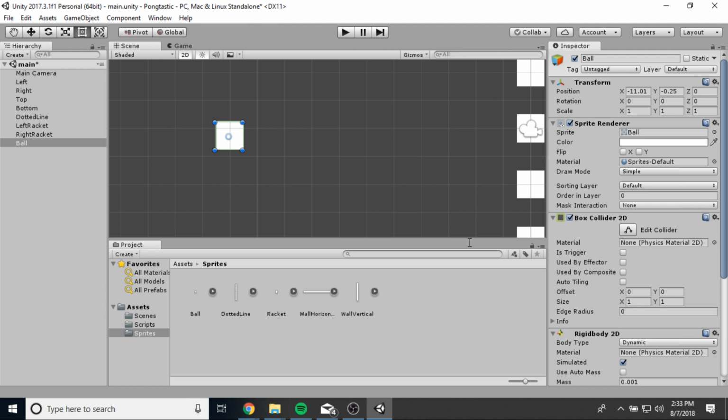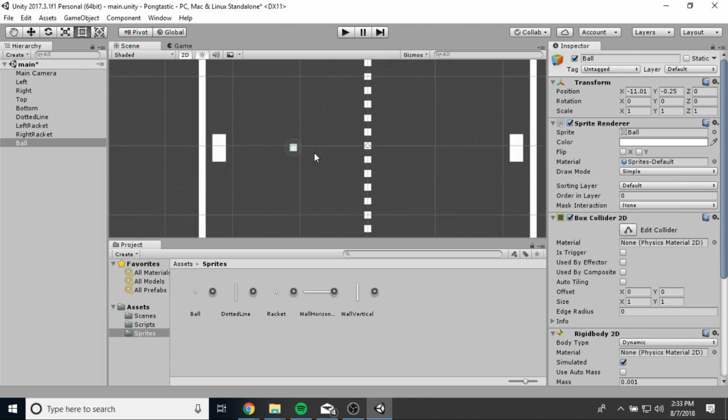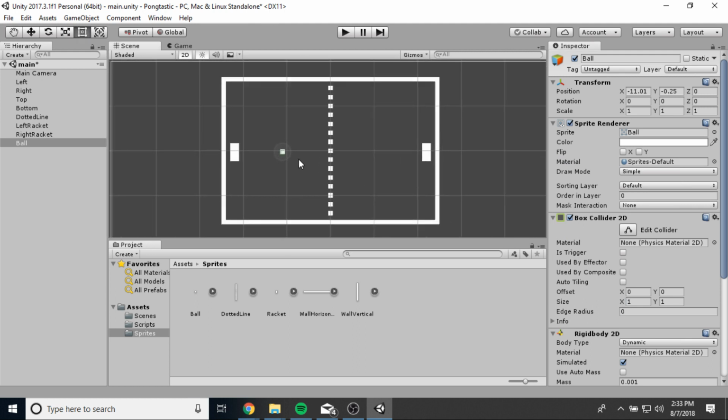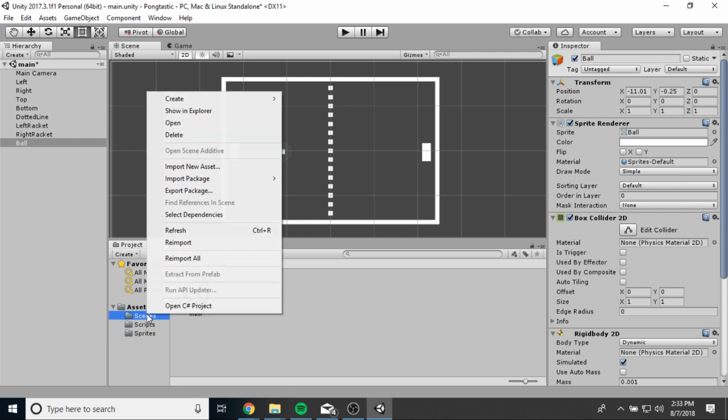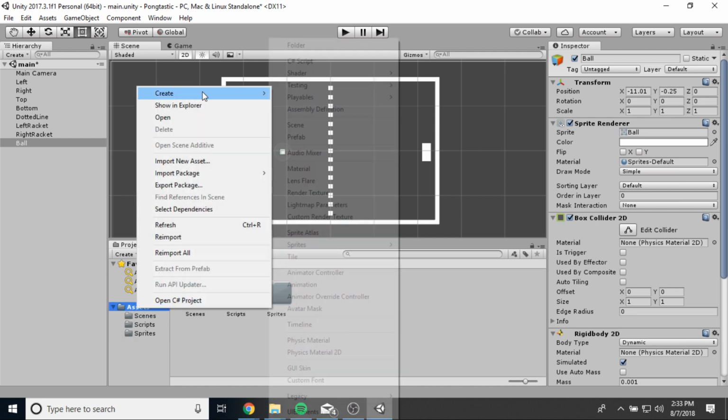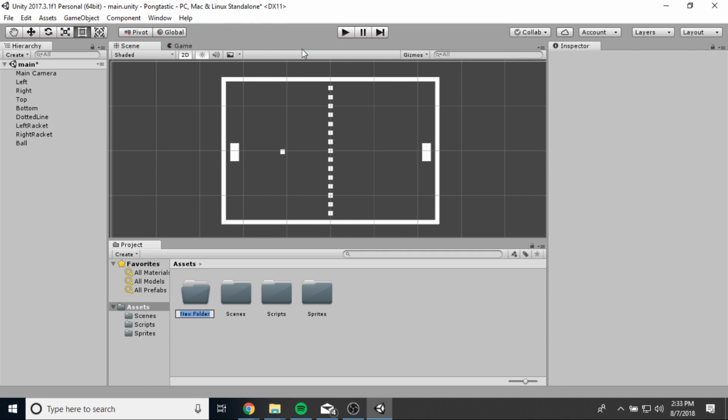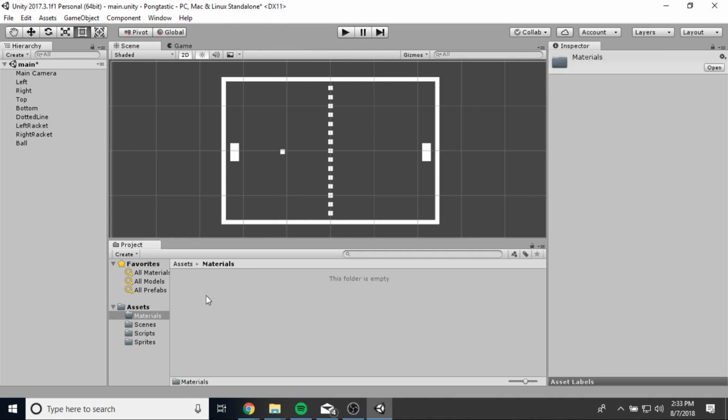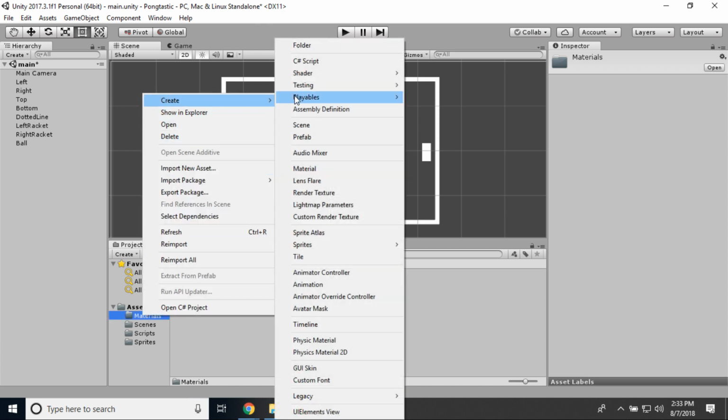Okay, perfect. Now the next thing I want to do is make it so that the ball bounces off of things whenever it collides with them. So what I need to do is create a new material. And let's go ahead and create a new folder for materials. Create folder, materials. So I can put my physics material in here. And inside the materials folder, I want to create a new